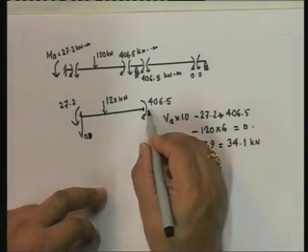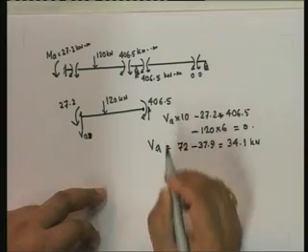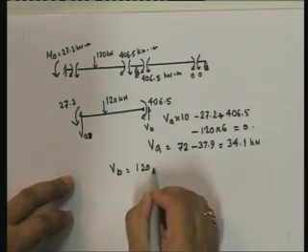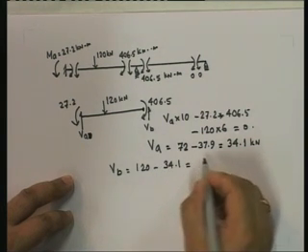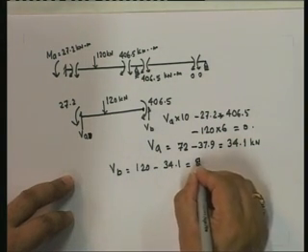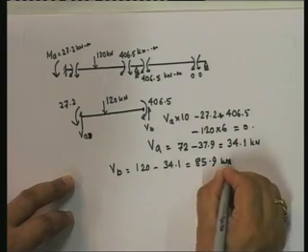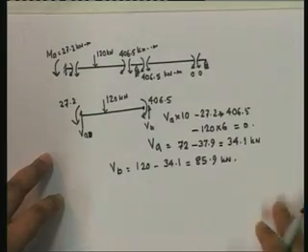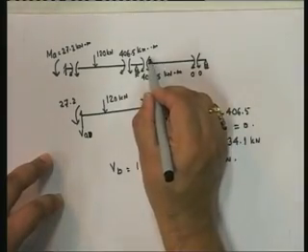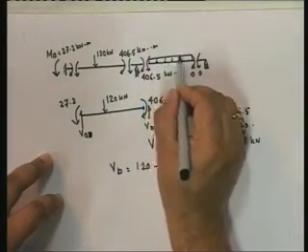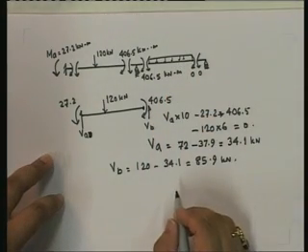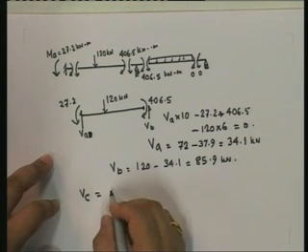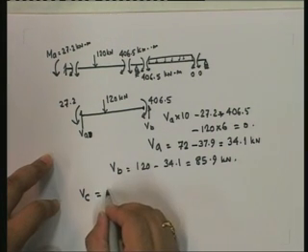Okay, let me look at this one here. Obviously, the shear at B, VB, is going to be 120 minus 34.1, and so that is equal to 85.9 kilonewton. Okay, so this is the shear at A, and similarly for this, with the loading of 50 kilonewton per meter, you will see that V at C turns out to be equal to